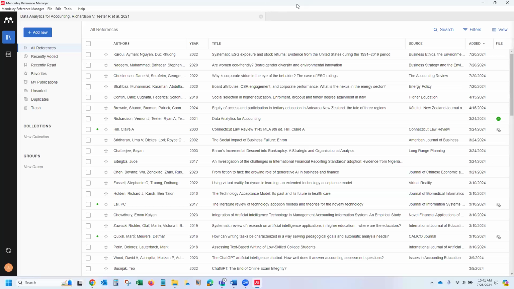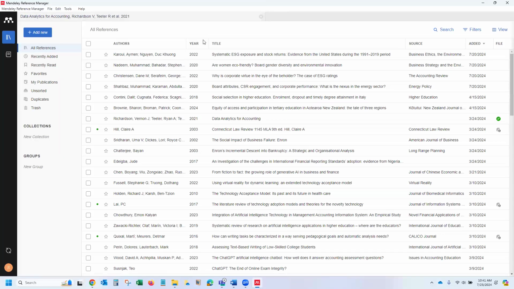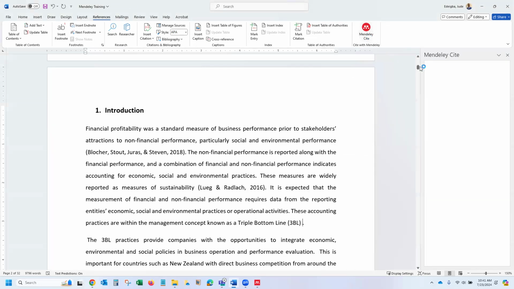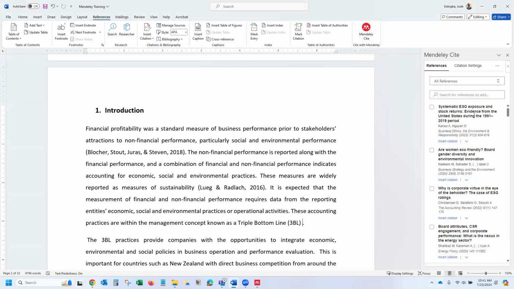Now, once this is opened, the next thing I want to do if I was to cite any of these articles I currently have on the reference manager is to go to the Word document where I'm going to do the citation, but I'm going to include the citation somewhere at the end of this statement. I'm going to click on Mendeley Cite, and then that opens this interface. And right here, I will search for the author I wish to cite. In this case, for example, I will say I want to cite